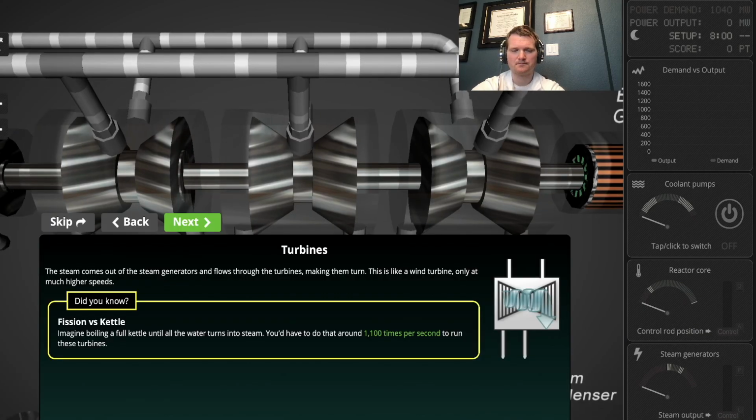The steam leaves the steam generators and flows through the turbines, making them spin. Yep. And interesting, it's exactly like a kettle. And it's actually the same phenomena that happens after you've been making a lot of tea, and you have a little bit of impurities that gather at the bottom. There is a loop